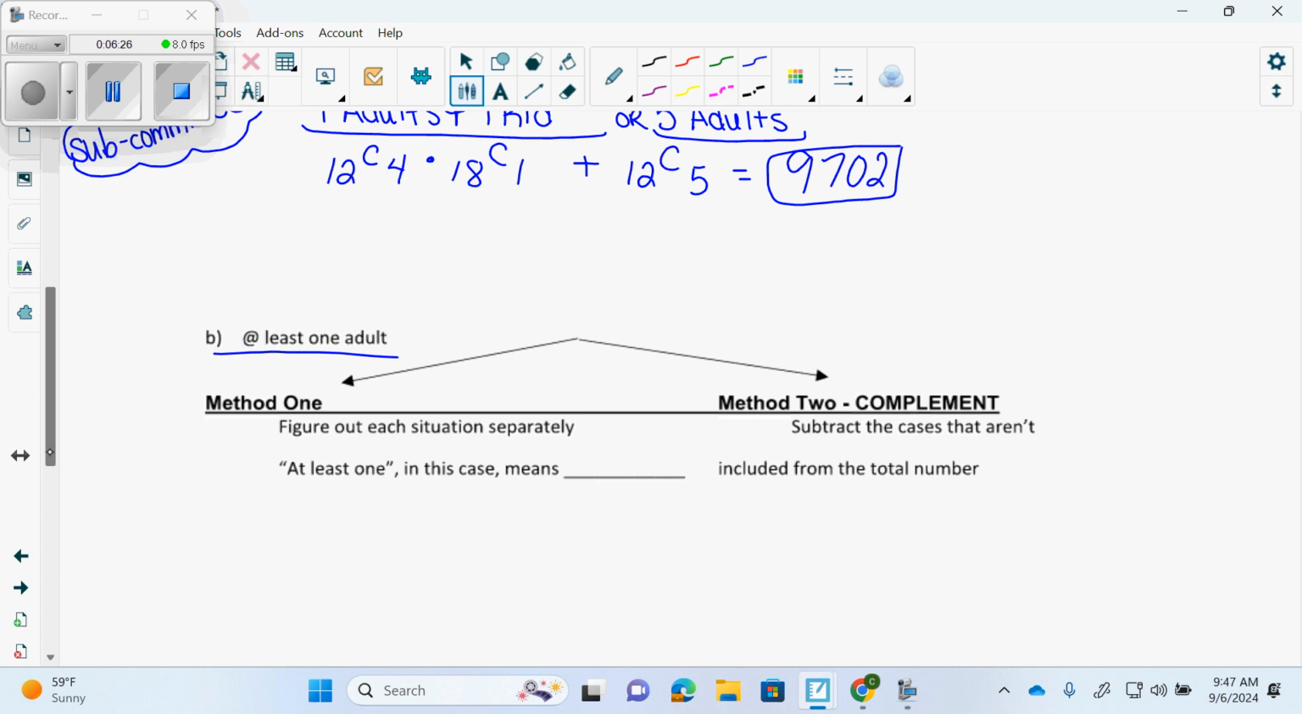I need 1 or more or 1 or less? 1 or more. And where do I have to stop at for this particular instance? 5, because it's a 5-person subcommittee, correct? So I'm going to need 1 adult or 2 adults or 3 adults or 4 adults or 5 adults. In this instance, the method 2 is actually faster, but I'm not going to tell you it